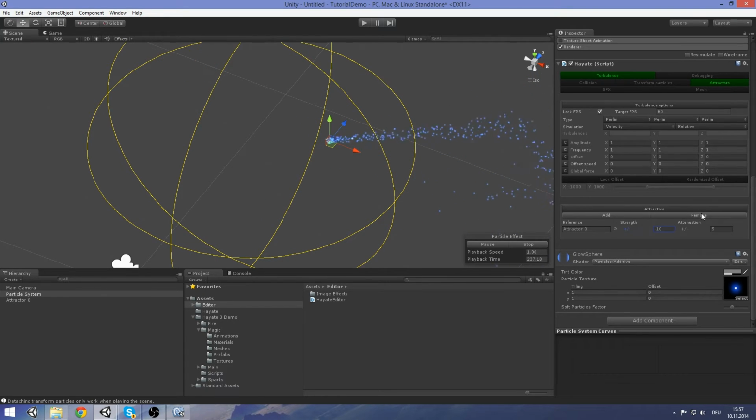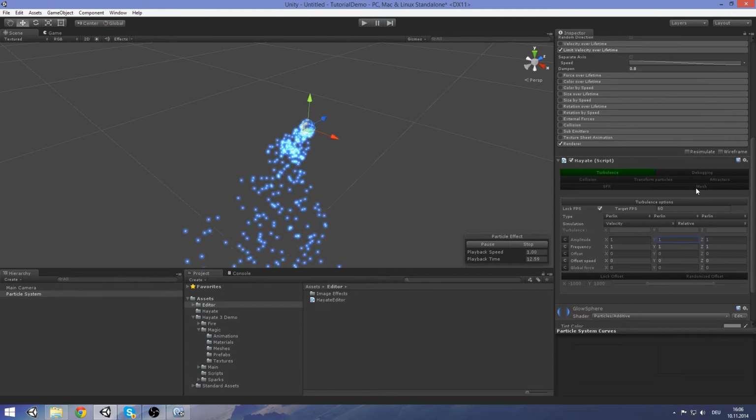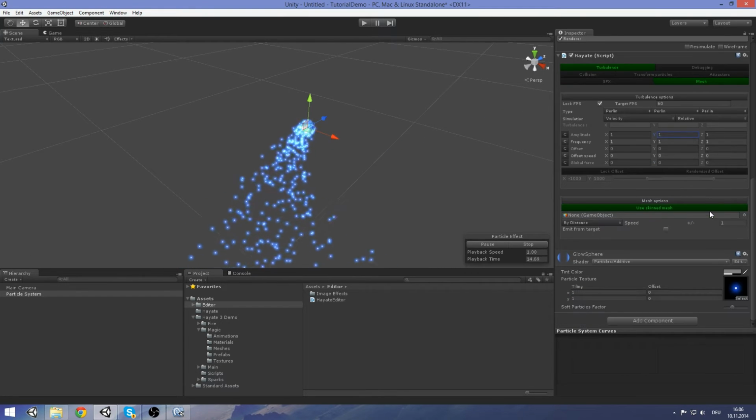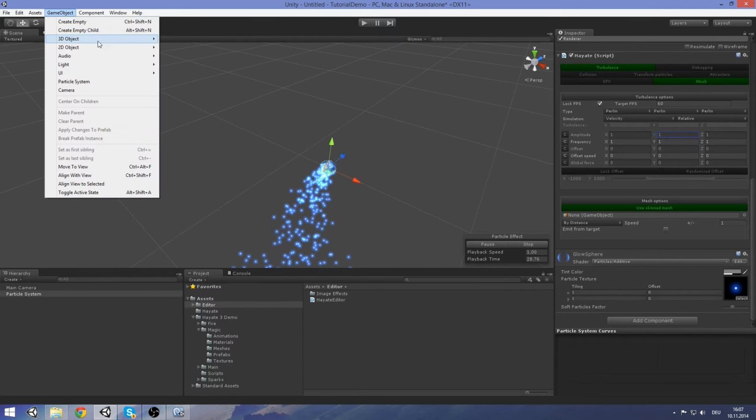Let's remove them and go to the next tab. So next up is the Mesh Target Options tab, which allows you to move your particles toward the position of a designated mesh. You can toggle between normal mesh and skinned mesh by pressing this button here, and I'll show you quickly how